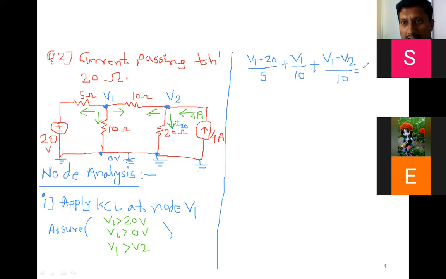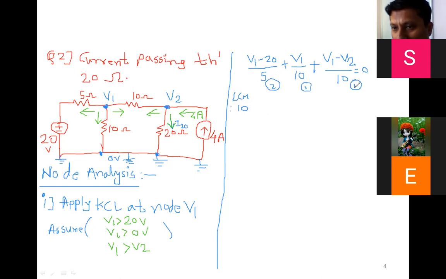Now tell me, is the denominator constant? It is the same. Denominator is same. Yes or no? No. Okay. So we have to take the LCM. What is the LCM here? 5, 10, 10. What will be the LCM of these? It will be 10, because if you multiply 5 with 2, it becomes 10, and 10 is in the table of 10 also. So 5 into 2 becomes 10, 10 into 1, and 10 into 1.